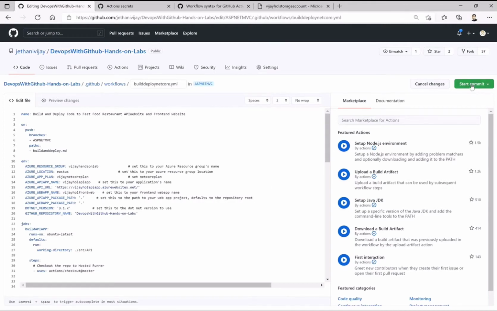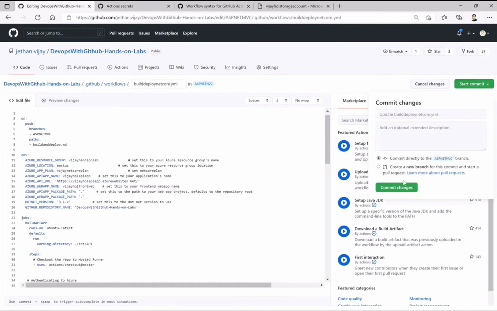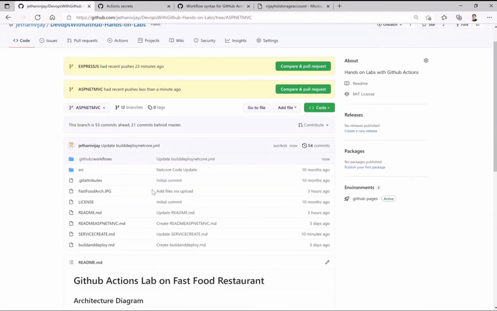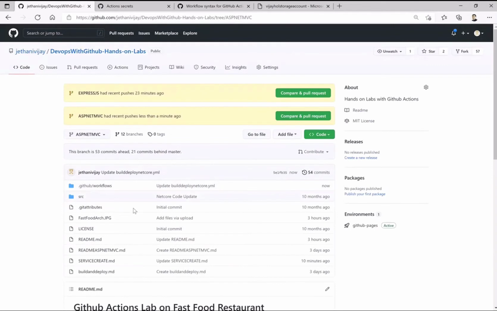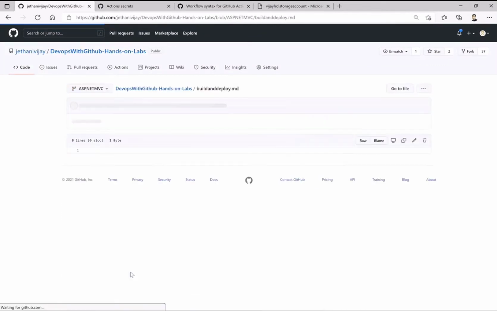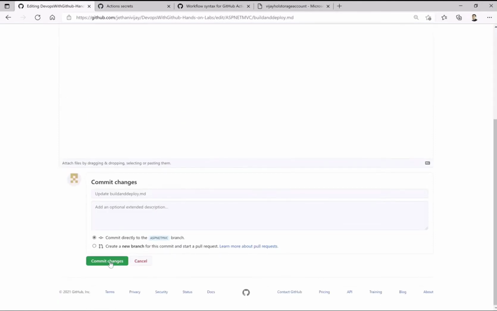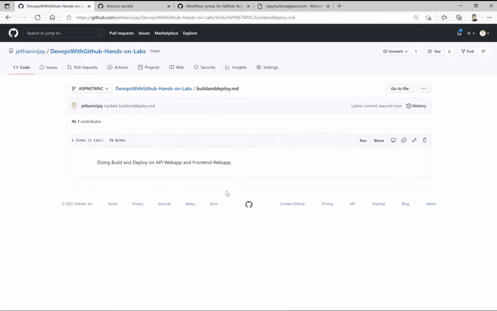Let me first of all comment this and then go on to change the respective readme file, doing build and deploy on API web app and front end web app. Let us see if it is able to update.